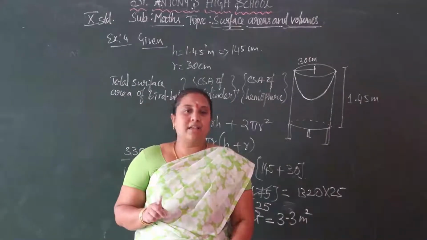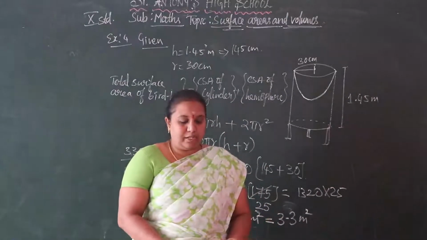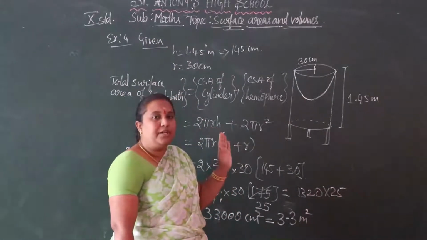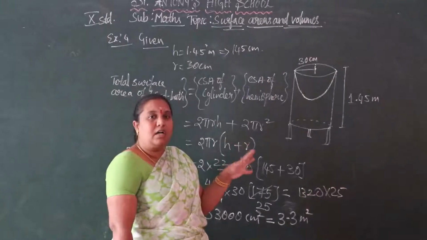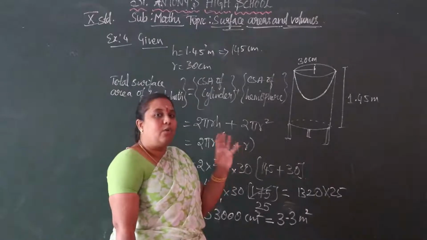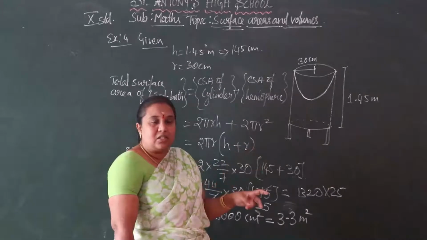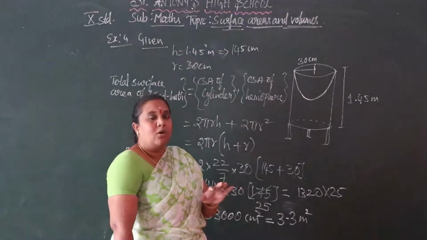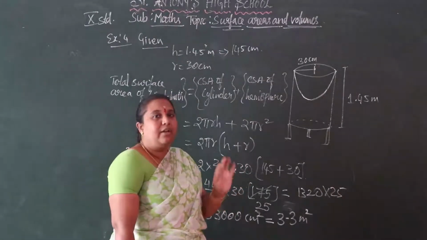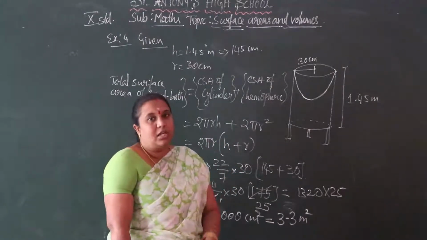Okay, let us see exercise 15.1. The first sum I can do here. The other sums are all based on this only, combination of solids. You have to find out the area of the combination of solids by using the formulas. Okay, you all know the formulas. So again and again I am telling, practice the formulas in those chapters. Only the formulas are the main thing. Without formulas you can't find the area of any solid figures. So memorize the formulas, understand the formulas. Then only will you be able to solve the problems.